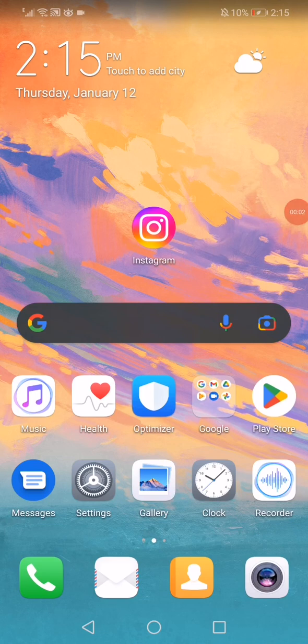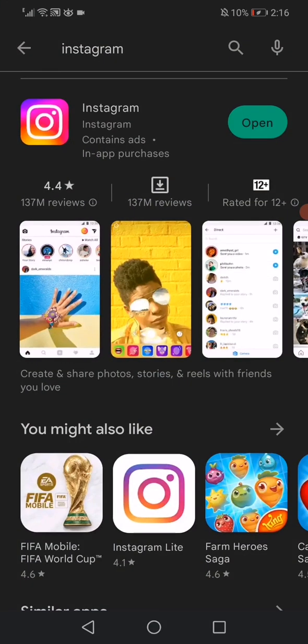In this short video, I'm going to show you how to enable and get the Instagram messaging update option in less than 1 minute. So, all you want to do, guys, actually there are two ways to fix this problem. The first way is you have to go to the Play Store and then search for Instagram and click